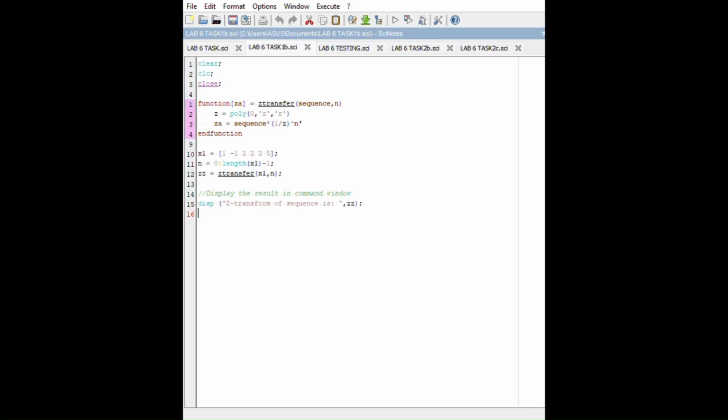the same will be done for task 1B. But if we look at the question here, it is given that 1, -1, 2, and 5. But here it is stated that n equals to 2, 3, 4. So that means when we input the data for x1, it should be 1, -1, 2, 2, 2, and 5. That means all the values for 2, 3, 4 should be written as 2. So when we run this code and open the console,